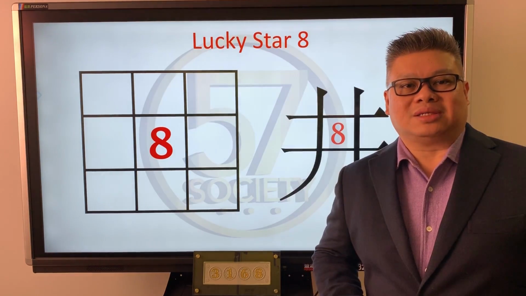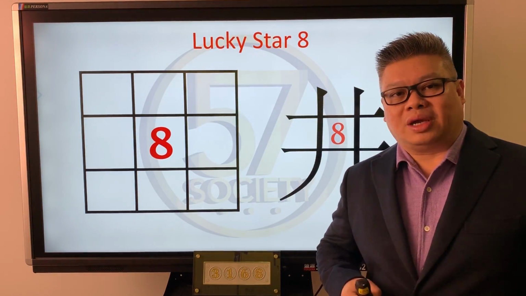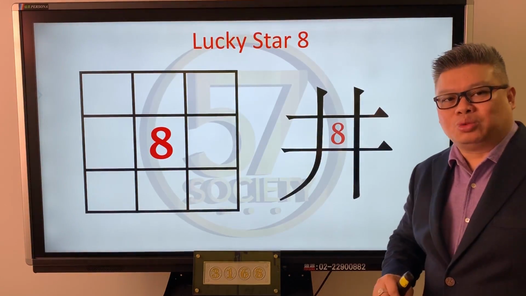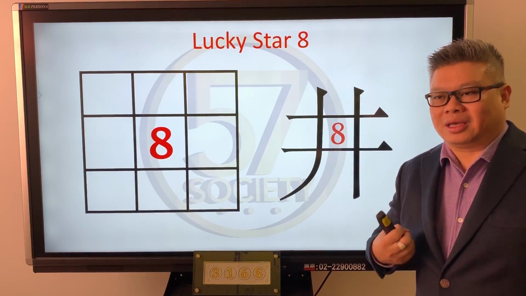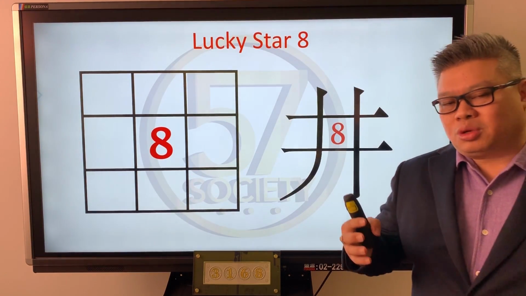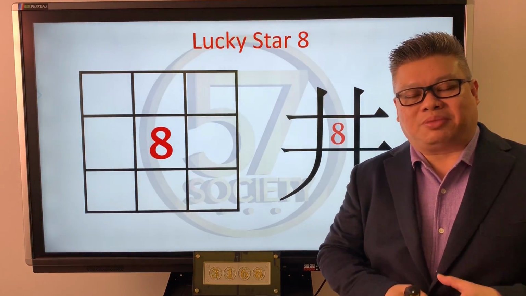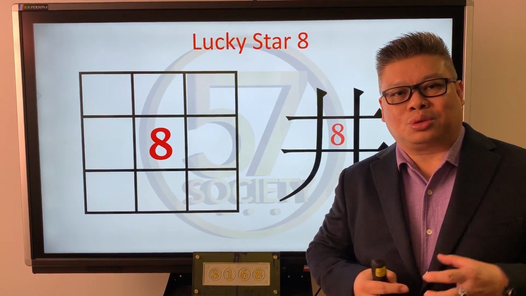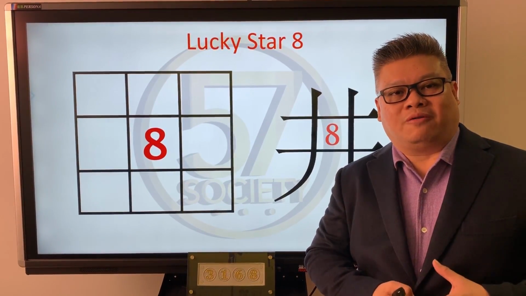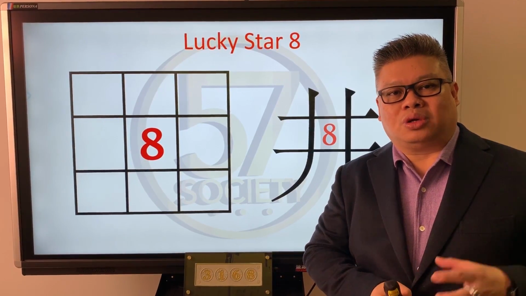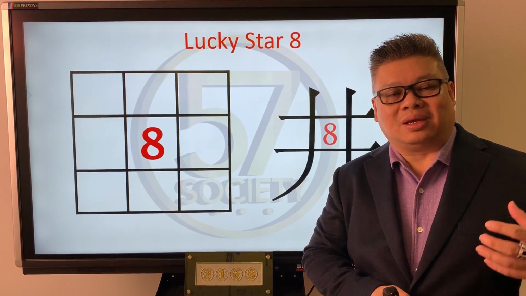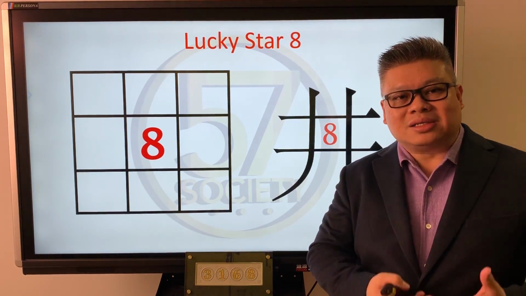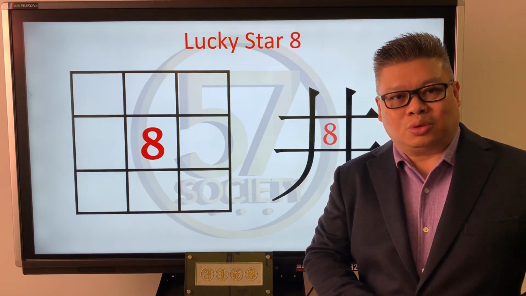8 is right at the center of the quadrant. Of course, this is what we call the flying stars. Over here you see a Chinese word called Jing, which means we are trying to trap this number 8 in order to harness the true power of this flying star, make full use of it and get the best out of it. Like I said, lucky star means it will bring good fortune to all of us.